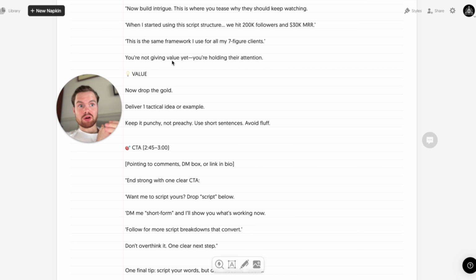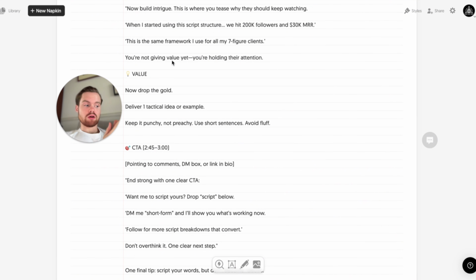For example, you're targeting people in a 9 to 5. In the value section, you can say something like, oh, you can quit your 9 to 5 by doing this thing. Or, do you ever feel like in your 9 to 5 that you really want to quit it? This is going to speak to your ideal client. So in the value section, you can niche down a bit.